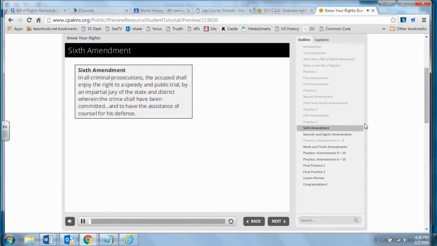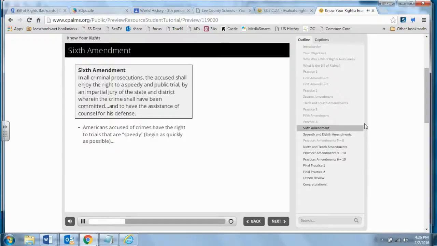The Sixth Amendment continues with the rights of the accused. It says, "In all criminal prosecutions, the accused shall enjoy the right to a speedy and public trial, by an impartial jury of the state and district wherein the crime shall have been committed, and to have the assistance of counsel for his defense." To break this down, the amendment guarantees Americans accused of crimes trials that are speedy